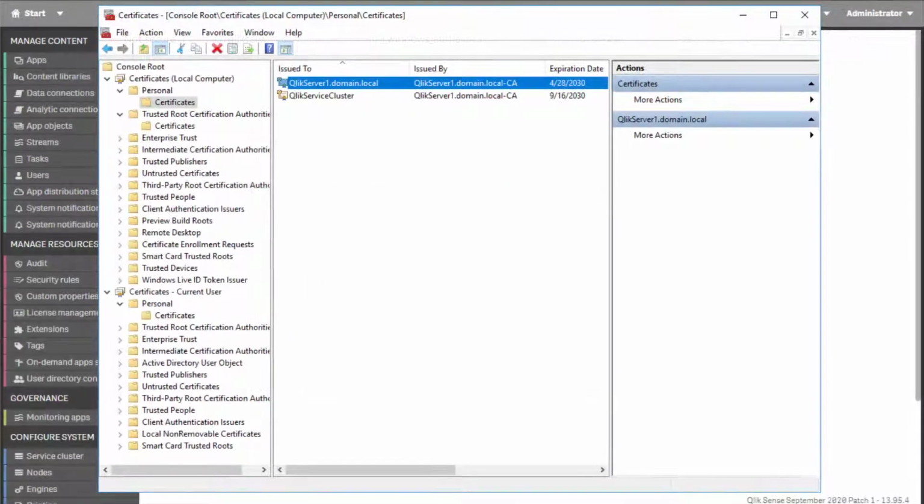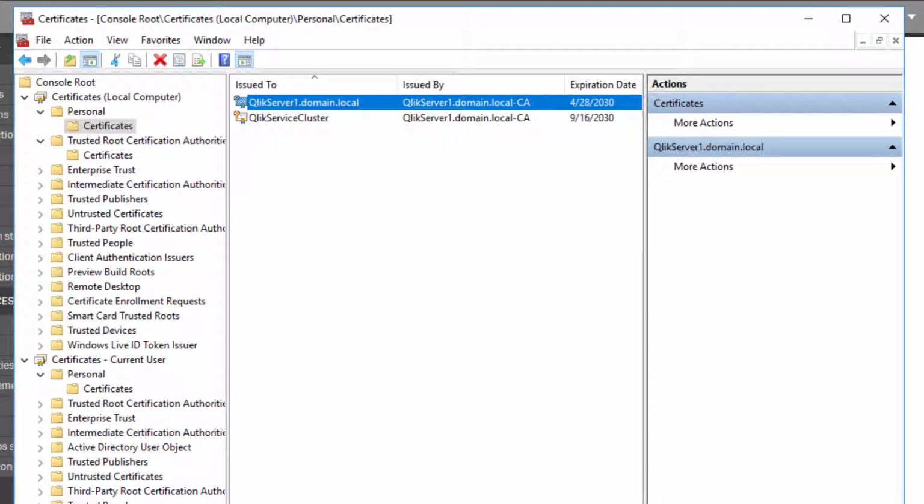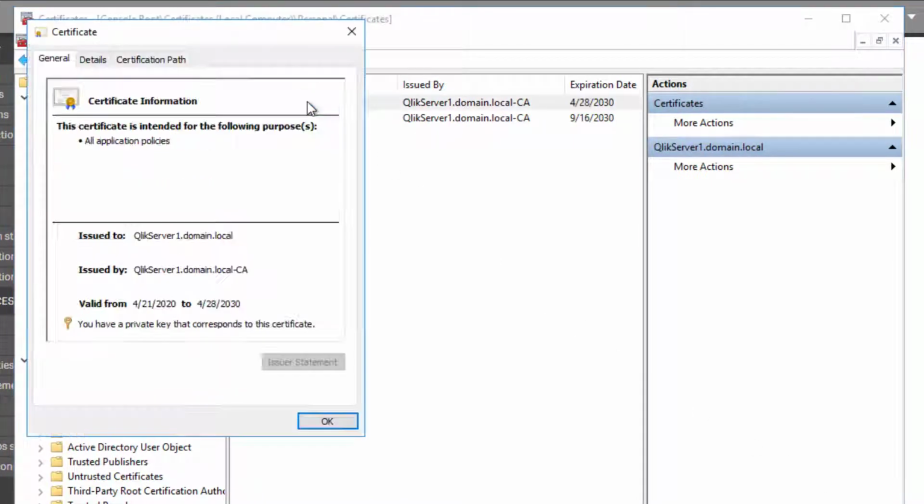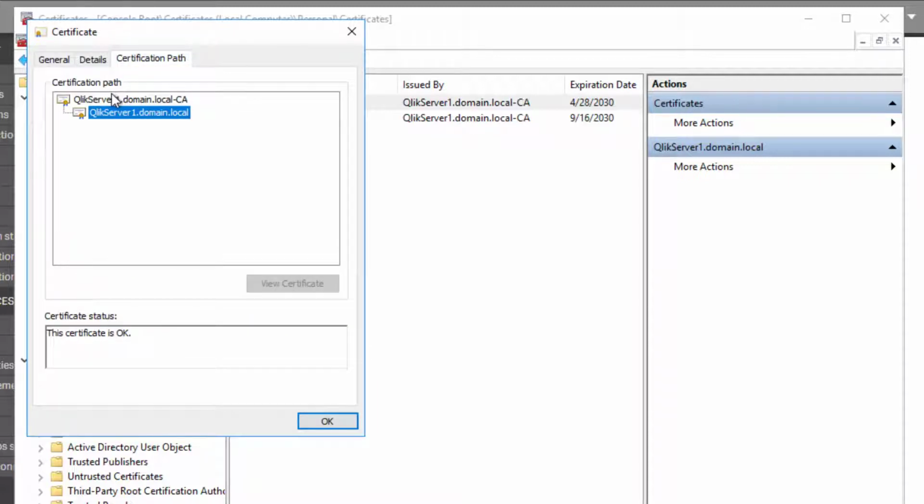However, in a production environment, a fully trusted connection will most likely be needed. In some scenarios, such as in testing or non-production, administrators may choose to install the ClickSense root CA self-signed certificate on the client computers. The ClickSense self-signed certs have a two-level trust structure, as it can be seen in the certification path.